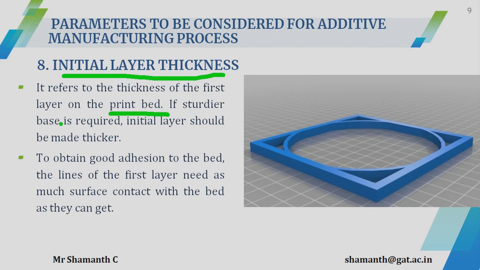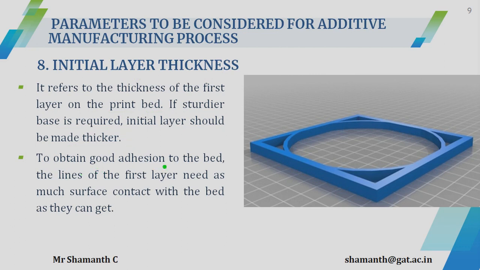If you require a sturdier base, then the initial layer should be made thicker. So if the layer thickness, say for example, is 1.5 or 2 mm, then the initial layer, if you print 5 mm, then the 3 mm will go for the support or the base,